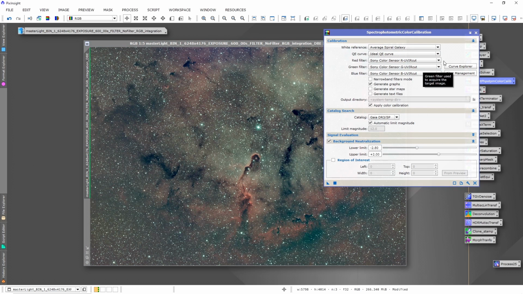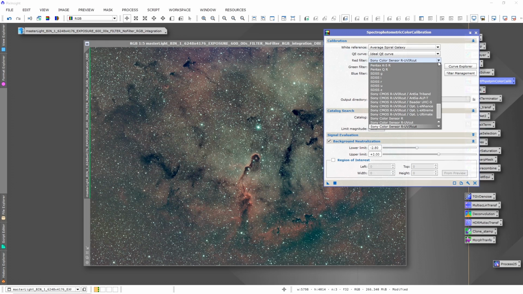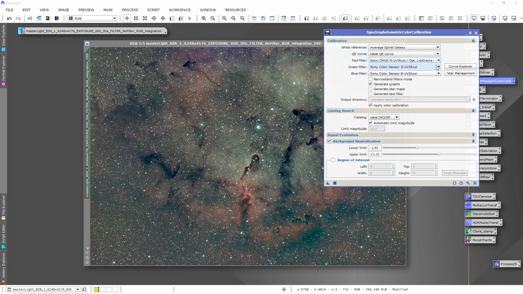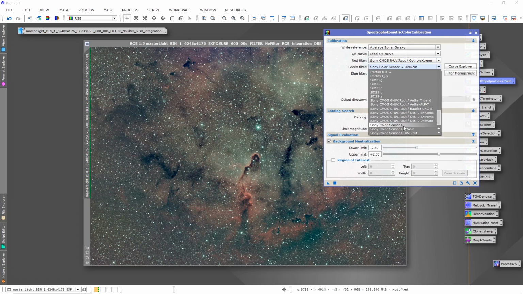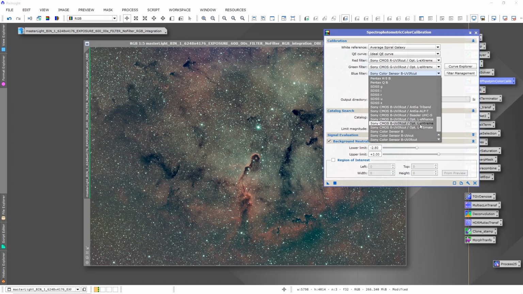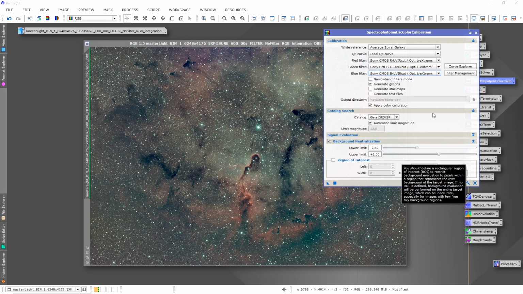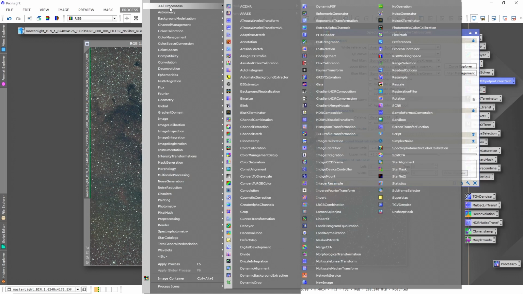As I already said, I used the L Extreme filter, so you just select your filter, L Enhance, L Extreme, L Ultimate, for example, or other. Here I will select the L Extreme for red, green and blue. And that's it actually. What you will also need is a star catalog, and just press here, process,